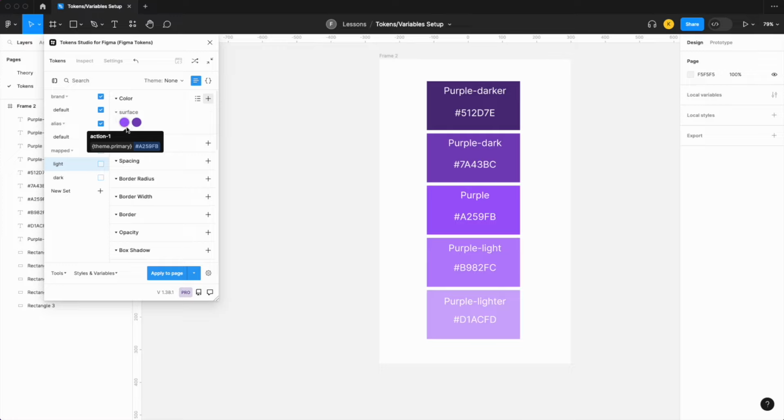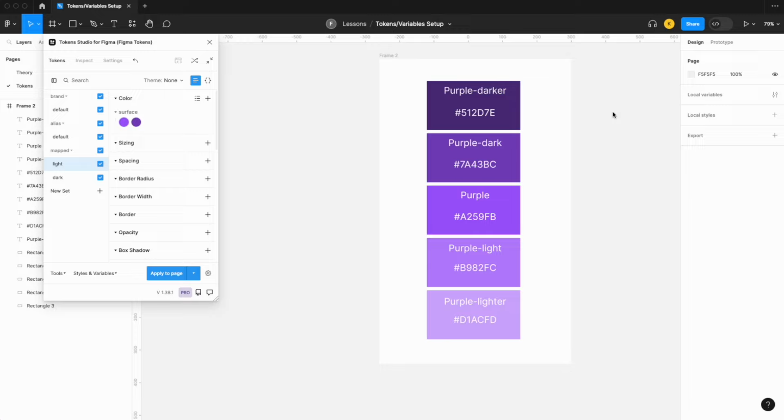So I now have a surface color for our button and then a surface color for our button component when it is hovered over. And again, these are tied back to our alias, which are tied back to our brand colors. So again, think of the tree structure. What we've done is essentially we've connected all of our color tokens together. So a change in our brand color will change our alias color and will change our mapped light theme color. Next, let's look at actually syncing our Token Studio with our Figma variables before we go and build a button